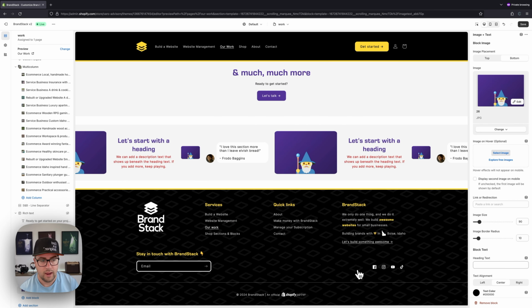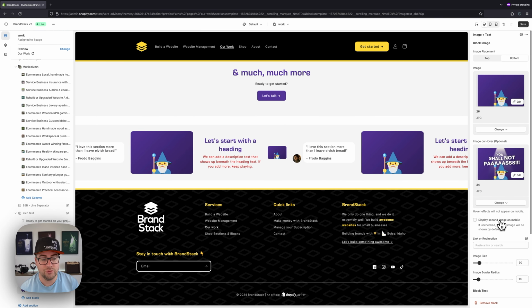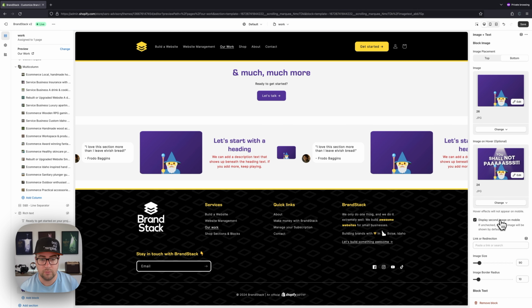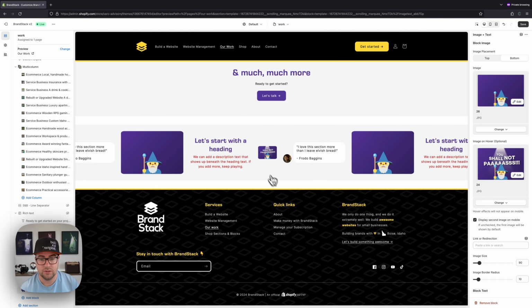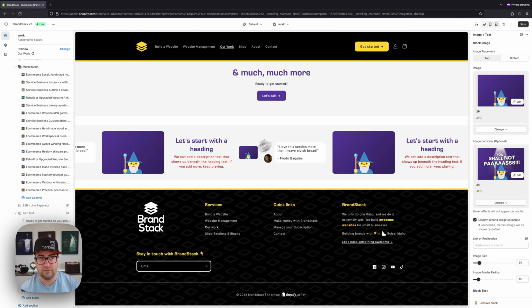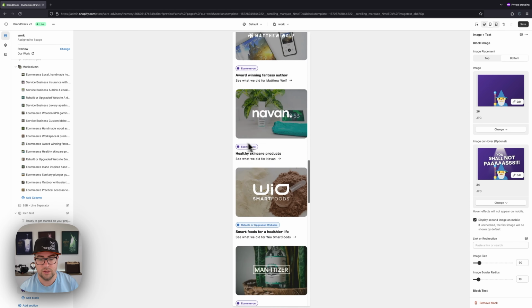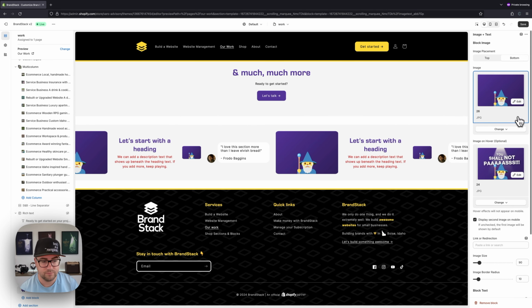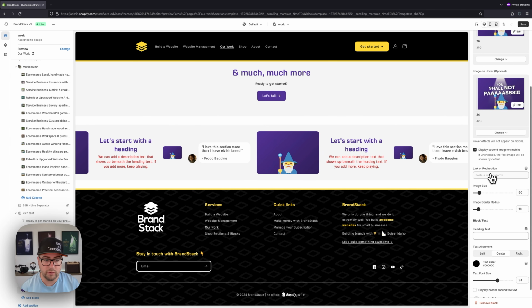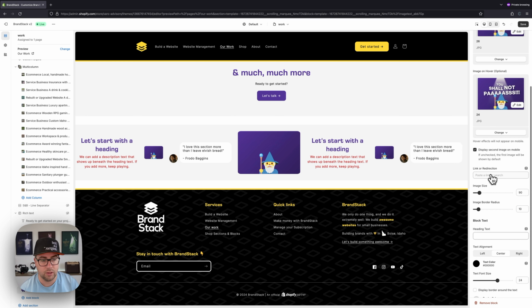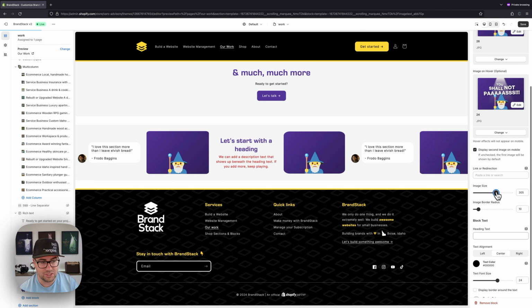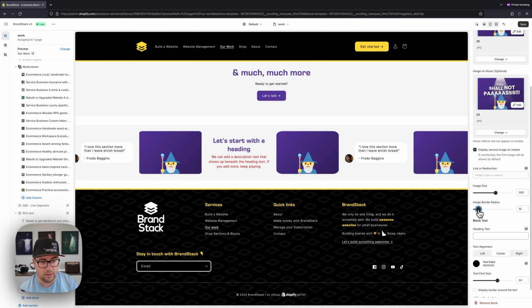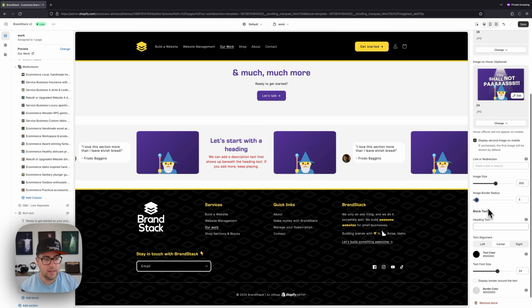Whoops. And then we can also choose to display that second image on mobile as the default. So you'll see here it has this hover effect, and on mobile it shows that second image by default. Next, we can add a link or redirection just like our other image block, and then we can increase the image size, increase the image border radius, and then we can add